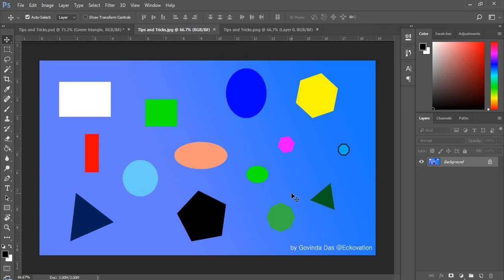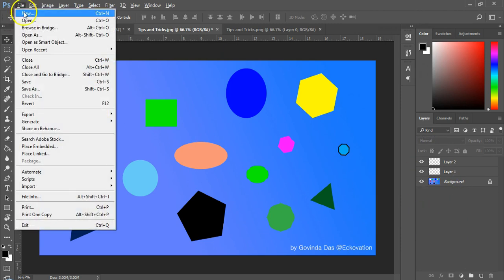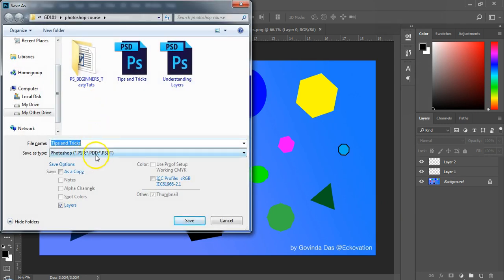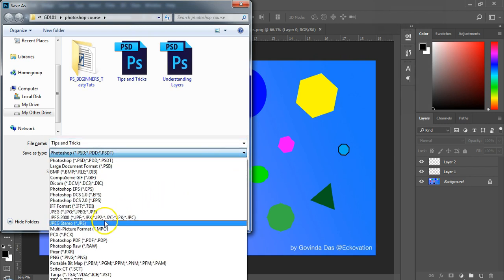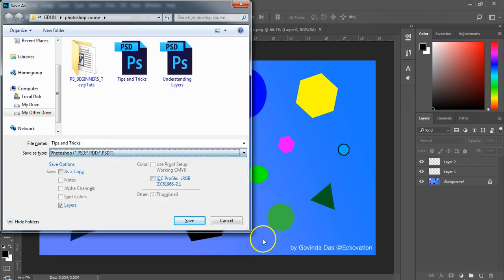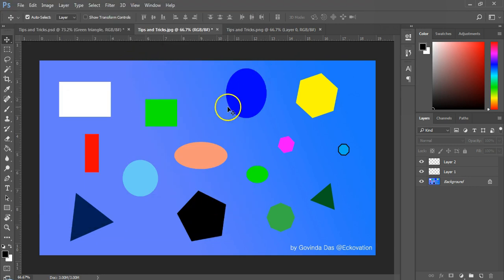Now, if you go ahead and add some layers to this, for example, a type layer or maybe a shape or another image to blend in, and then go ahead and save this file, you will save it in PSD format. This format will have all the layers and effects information you added and can be shared with others who wish to use them in Photoshop. But if you save the file in the same JPG format, you will lose all the layers and effects information and will only have what the image finally looks like in the canvas area. Just like any other image we click on our phone or with a digital point and shoot camera.